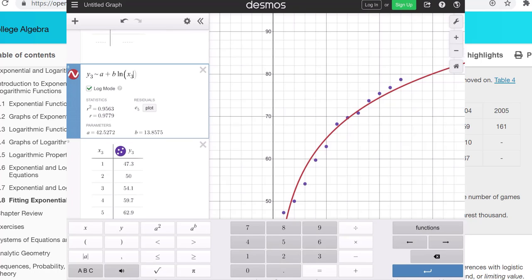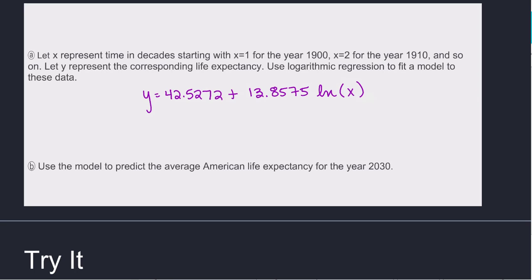And you still get the same answer, 42.5272 plus 13.8575. It's the same thing we got here. So y equals 42.5272 plus 13.8575 natural log of x. So it says use the model to predict the average American life expectancy for 2030. Okay, so going back to the table,